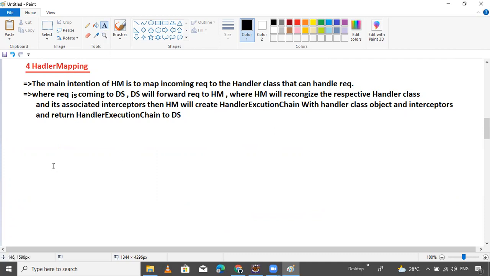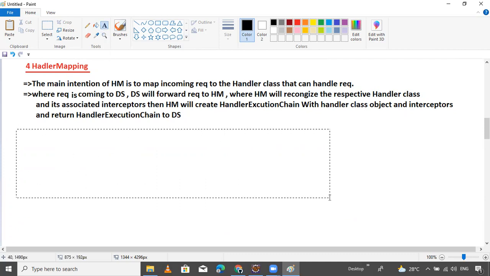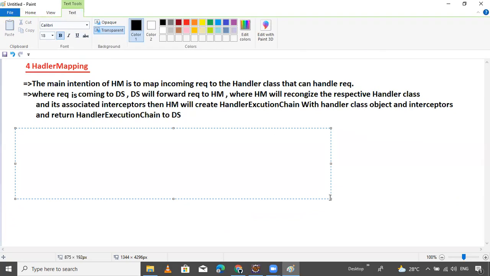In the Spring framework, for handler mapping there are four classes.